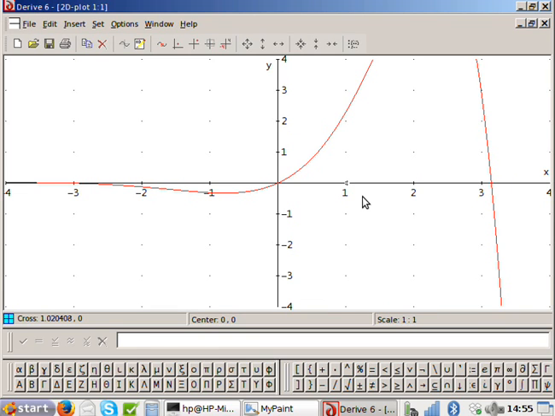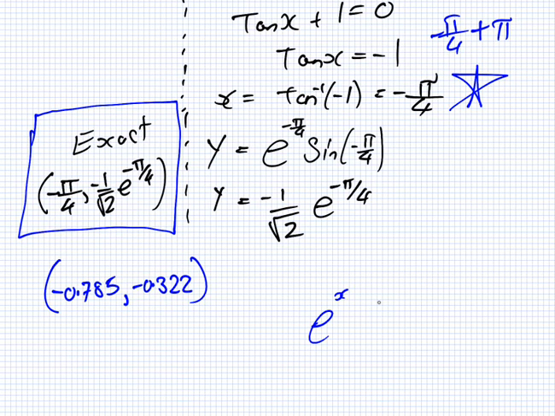Right, so I want everybody to find the maximum point or minimum point here. What do you need to do first, Gerard? Find the derivative. And what rule do you need to use to find the derivative? Ah, well then you do know what to do, so do it. dy/dx equals cosine x plus